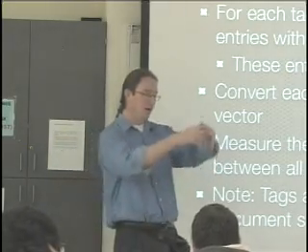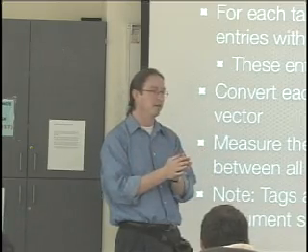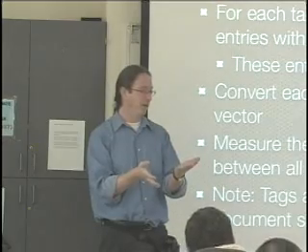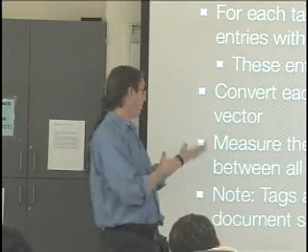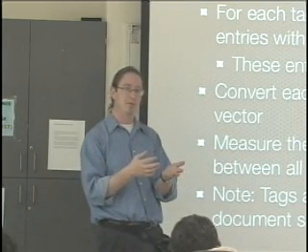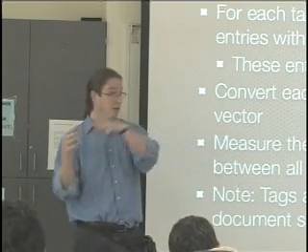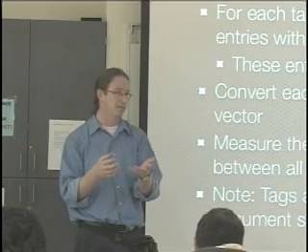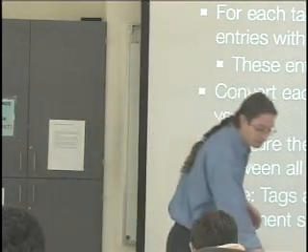So what we wanted to know was, for all the documents that were tagged with iPad, on average, how close are they to each other? The null hypothesis is that tags don't tell you anything. In other words, if we pick random articles and measure how close they are, and we pick articles tagged with iPad and measure how close they are, we should get the same number. If it turns out that the iPad articles are closer than the random articles, well then iPad does tell you something about the articles. They're more similar than random articles. That was our first experiment.